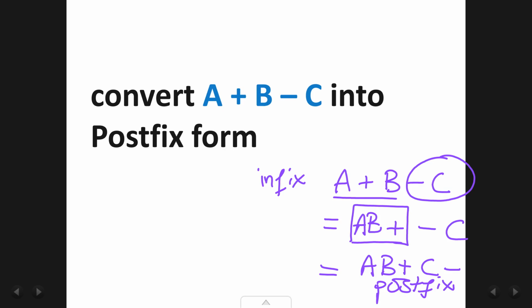In the next slide, we are going to apply the algorithm that we have just learned to convert this expression into this answer. We are going to get the answer as AB plus C minus. Remember, a postfix expression has no parentheses. So there are no opening or closing brackets in postfix expressions.